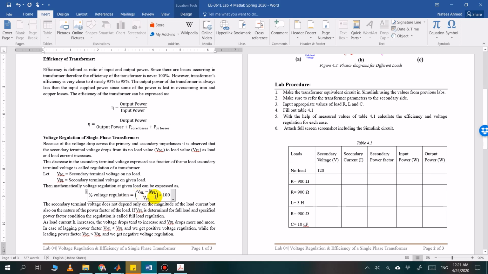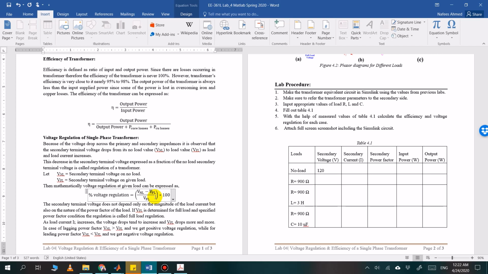Now, why is voltage regulation important? Why do we need to know the voltage regulation? It is important in the sense that if you know the voltage regulation, then you can figure out exactly how much voltage you need to send from the source so that you will get exactly the same amount of voltage that you want to have on the output. For example,